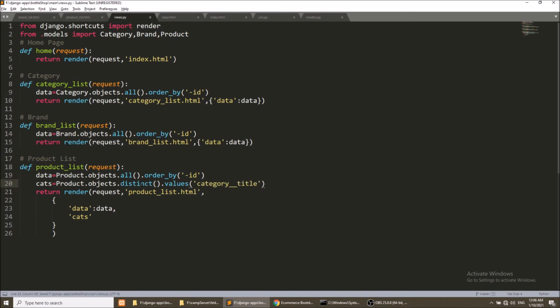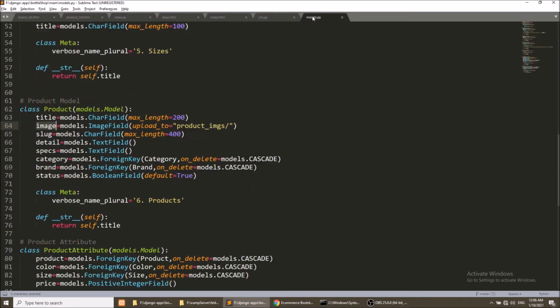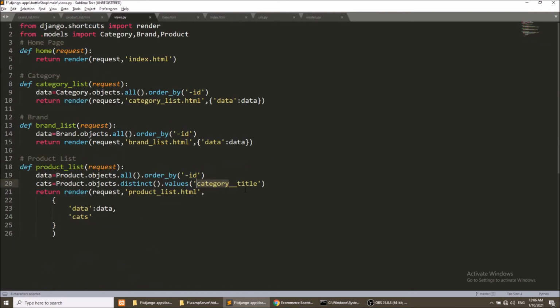Because category is a foreign key in the product, if you see in the model we have a category with a foreign key relation, so I am adding the double underscore so that it will fetch the title from the category table. Okay, so now we have cats, distinct cats.